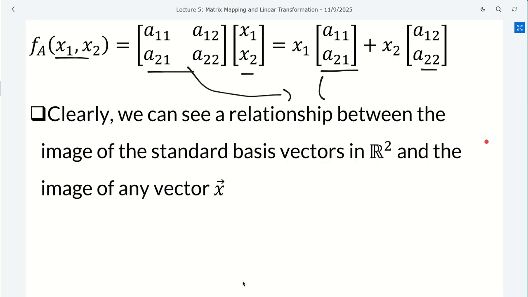Then when we apply the same matrix to the base 0, 1, we had this. So what are we doing? It's the same linear combination that we are doing. So if I can apply